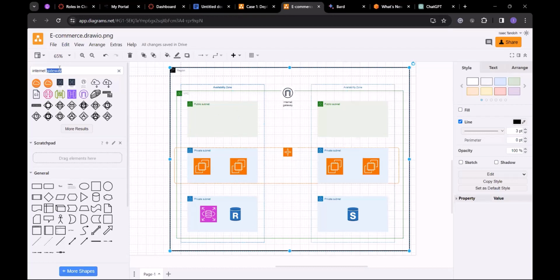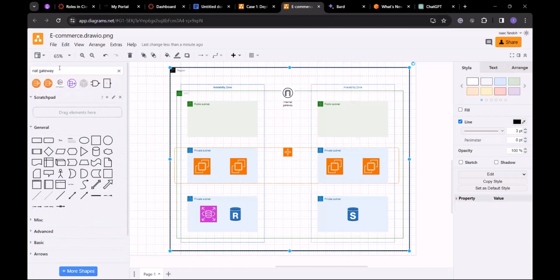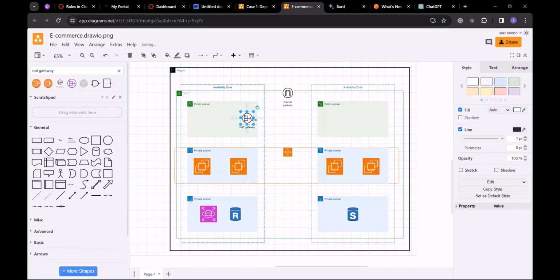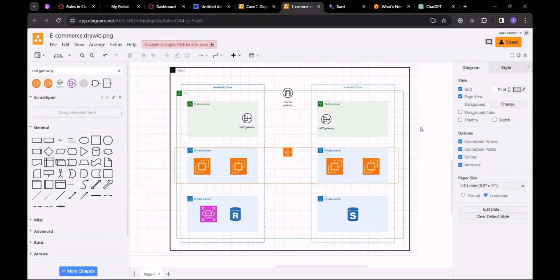So look for NAT gateway. And this is a NAT gateway. So we put that one here. I'll duplicate it here as well. Right, so we have our NAT gateway here. Nice. What else? So for security purposes, to control traffic that enters here and then goes out, we also need